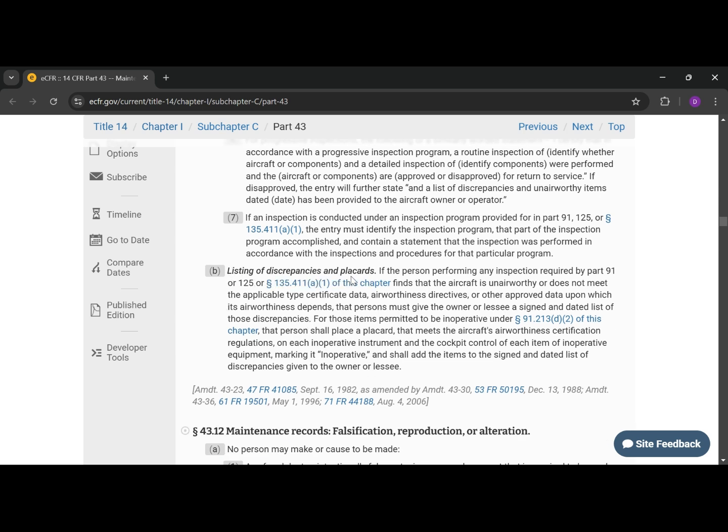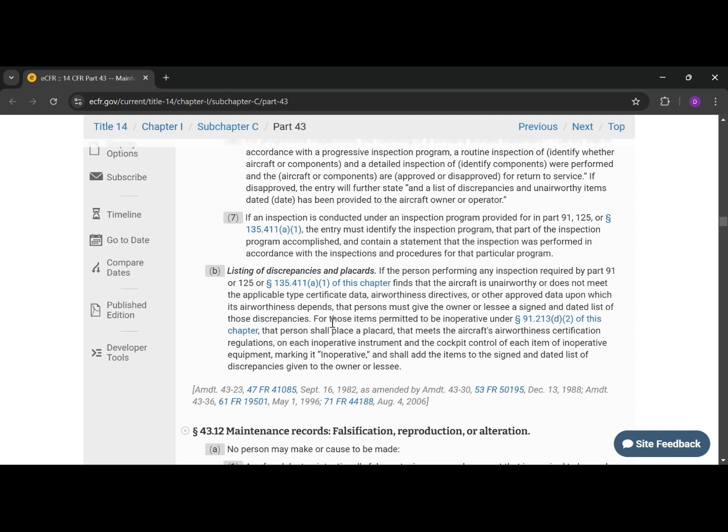Listing of discrepancies and placards. If the person performing any inspection required by Part 91 or 125 or 135-411A1 of this chapter finds that the aircraft is unairworthy or does not meet the applicable type certificate data, airworthiness directives, or other approved data upon which its airworthiness depends, that person must give the owner or lessee a signed and dated list of